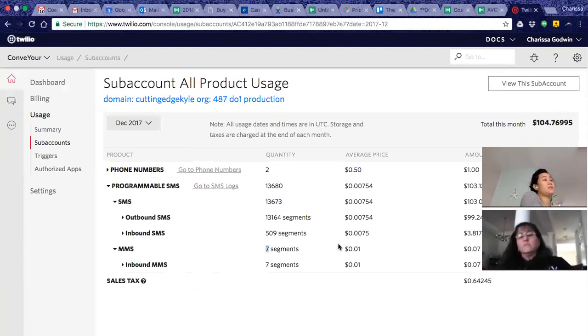If it's an MMS, Conveyour makes less. Because if we start sending out videos and stuff, you see what I'm saying, right? They're only going to make something like 4 cents, or 7, 8, 9, 10, like 3 cents out of the whole thing. A smaller amount, but it's still profit, and that's fine to them because they don't have to do anything. They just sit back and twiddle their thumbs and money comes in. So it's 13,680 for Kyle in total.